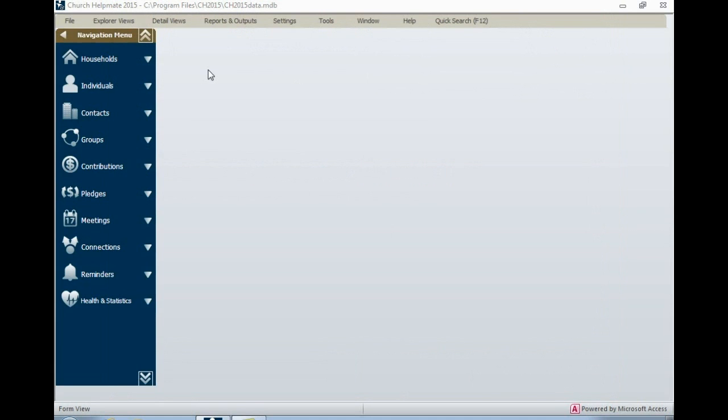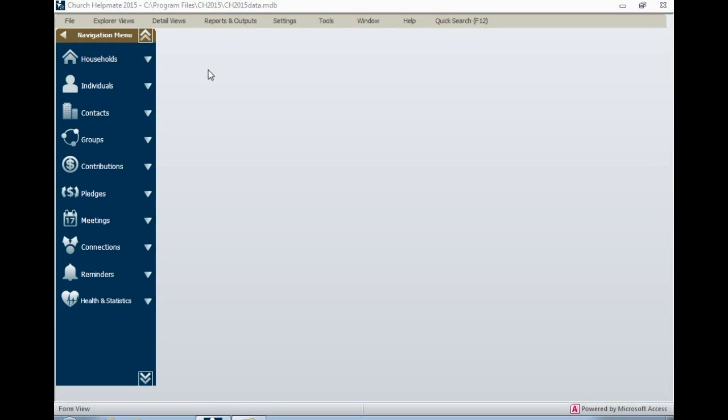We've also implemented an important change with respect to email addresses in Church Helpmate. When the very first version of Church Helpmate was developed back in the mid-90s, it was very common for a single email address to be shared for an entire family. For example, the Smith family at AOL.com. So we provided a household email address field for this purpose. However, over the past 20 years since then, email addresses really have become something specific to a person, such as a cell phone number, and therefore something that would be stored under the individual records in Church Helpmate,